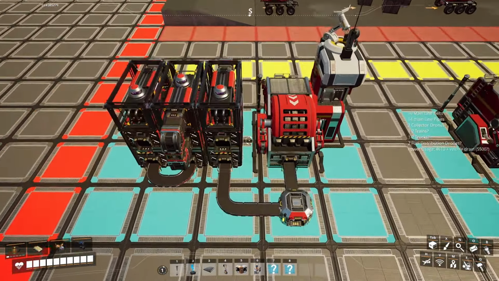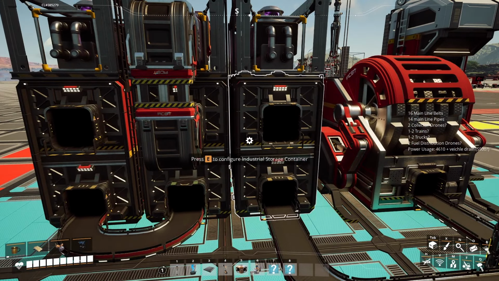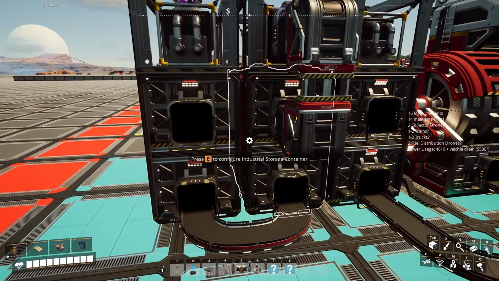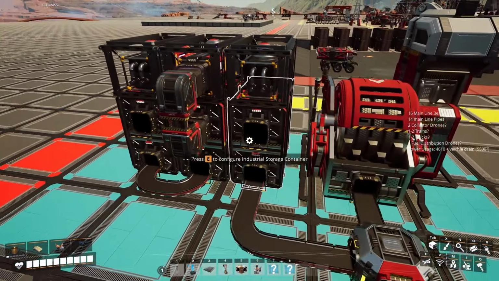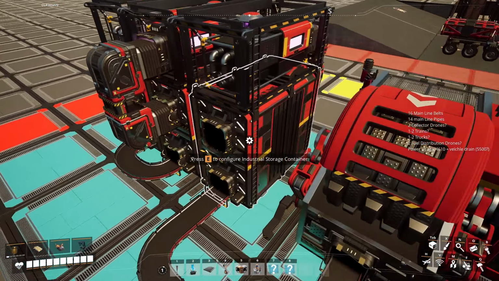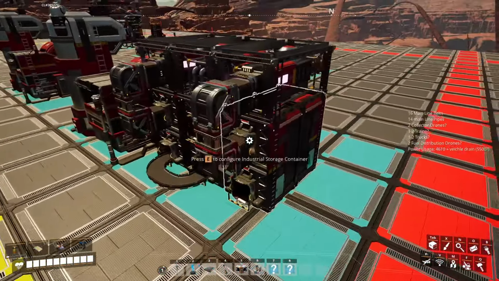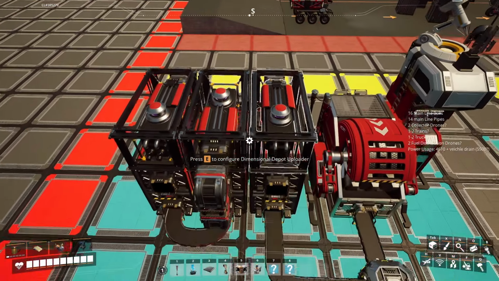Because we have end products we need to store. And when it comes to stuff I'm using a lot, like computers, plastic, rubber, which tends to be used a lot, especially later in the game, what I tend to want to do is have a lot of extra storage. So I'm going to have buffer up 3 containers of this, and I'm going to have 3 of the Dimensional Depot